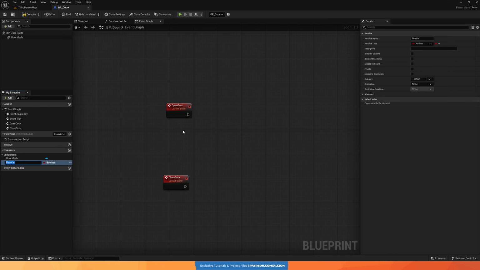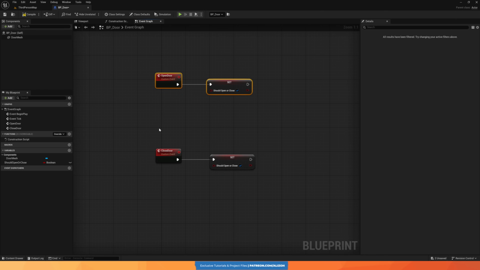So we're going to have a new variable on the left here that's called should open or close. It's going to start as false. And when we call open door, we're going to set it to true. When we call close door, we're going to set it to true as well. So both of these functions just enable this variable or set it to true. Now, when this